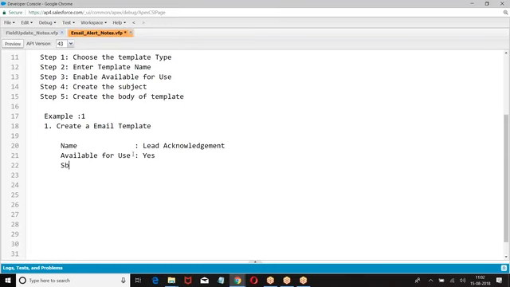Subject: Lead confirmation. Body of the email template.